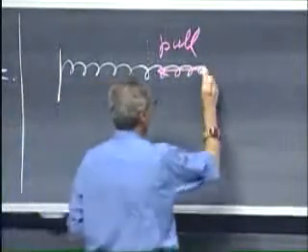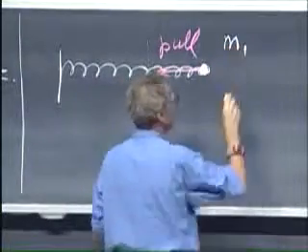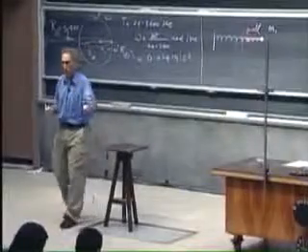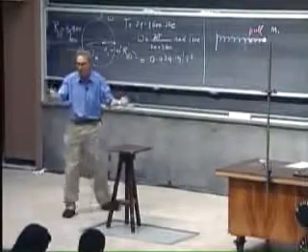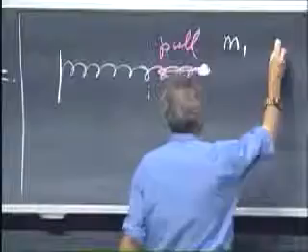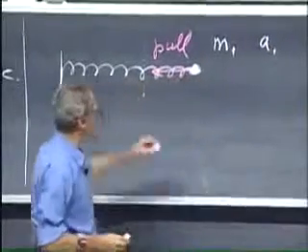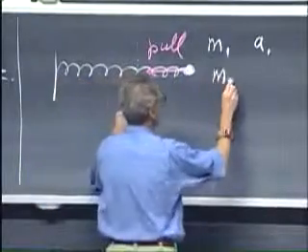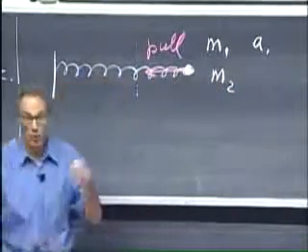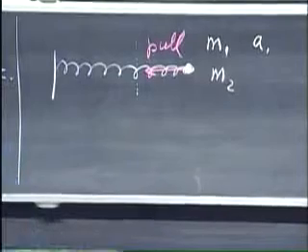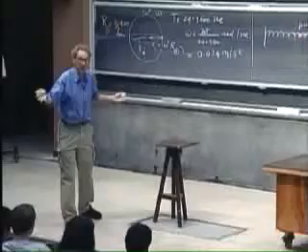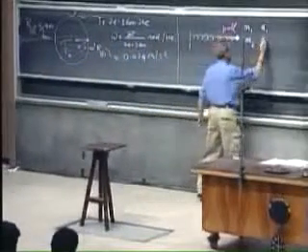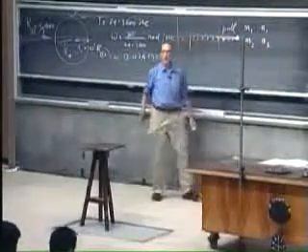I put a mass m1 here, and I measure the acceleration that this pull causes on this mass immediately after I release. I can measure that. So I measure an acceleration a1. Now I replace this object by mass m2, but the extension is the same. So the pull must be the same. The spring doesn't know what the mass is at the other end, right? So the pull is the same. I put m2 there, a different mass, and I measure a new acceleration a2.